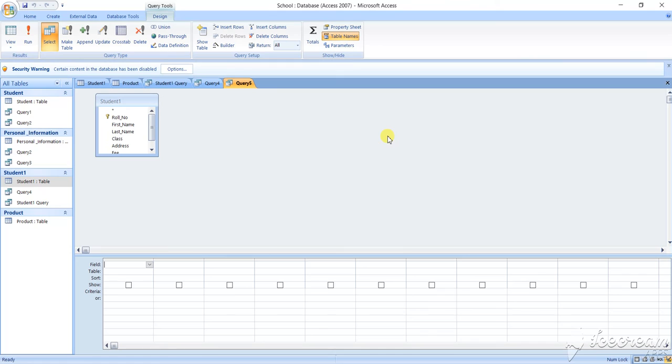What I want to see, the students' roll number. So first select the roll number from here. Okay, roll number from here. Next one, the students who are studying